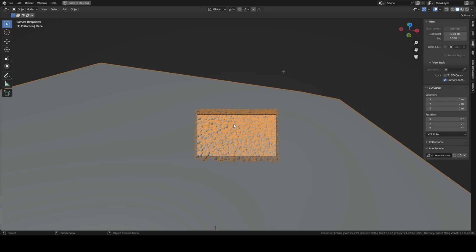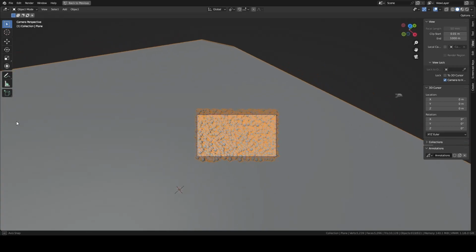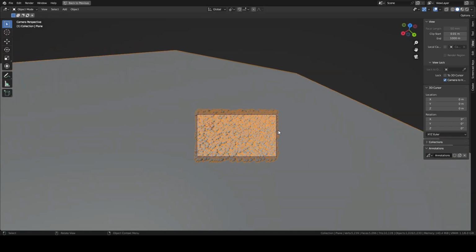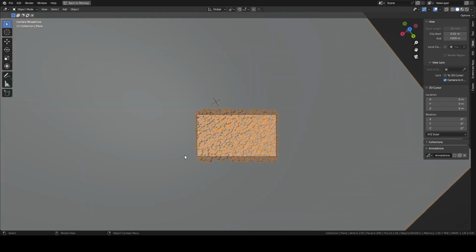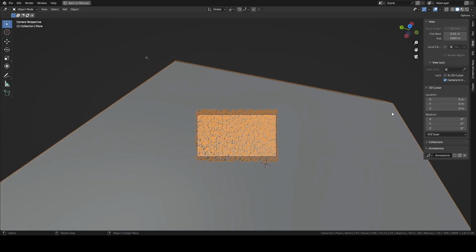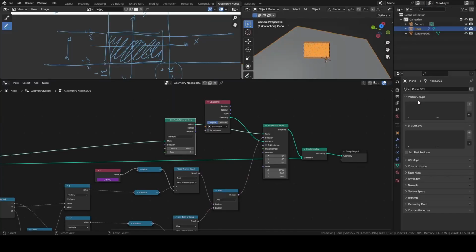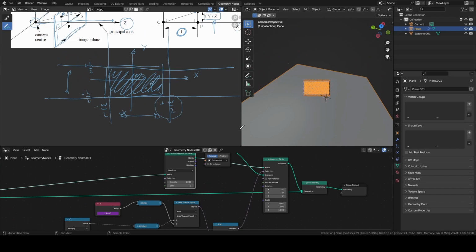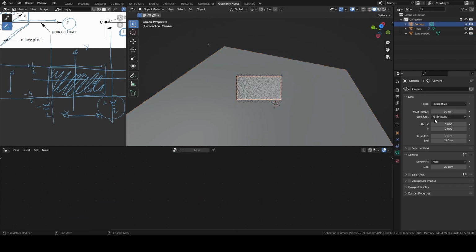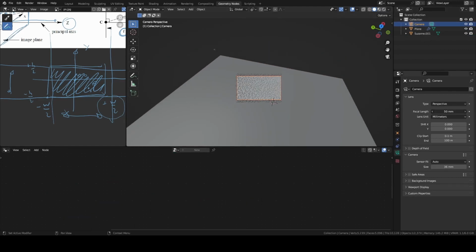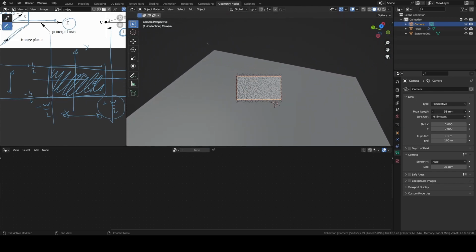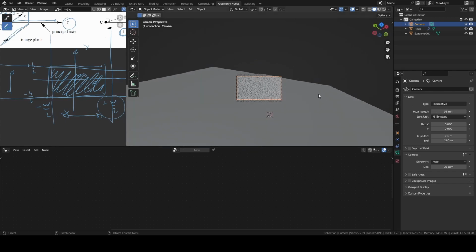Let's look what happens if I move the camera. Yes, if I rotate the camera, objects are created only inside this area of view. If I zoom out or in, no problem. And let's see what happens if I change the camera focal length. This is important because you often want to change the focal length, and no problem. Also, if I change the focal length, everything still works perfectly. Okay.